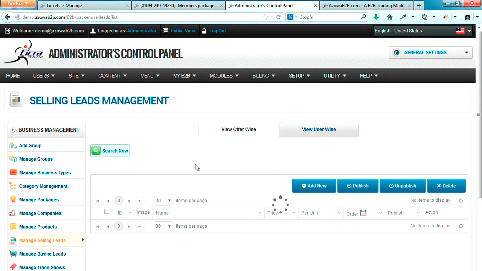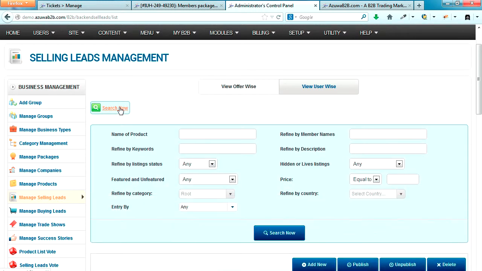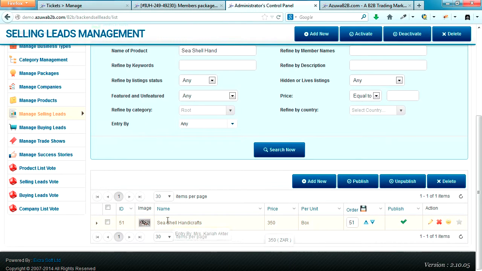I am going to find the selling items, and my currency is set as ZAR, an African currency. So I am going to search this product. I would like to show you what currency we have set and why the shopping cart button is not available for this product. I search my selling lead, and this is the selling lead which contains a ZAR currency and which misses our